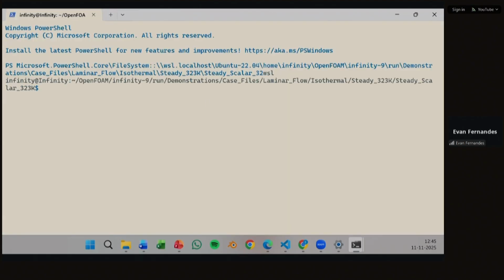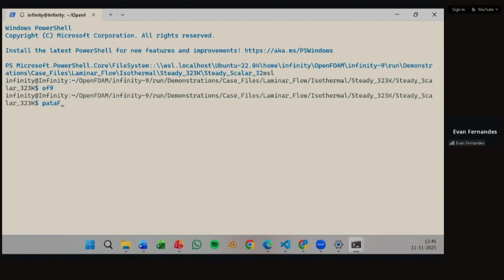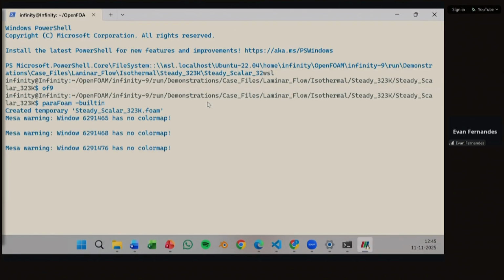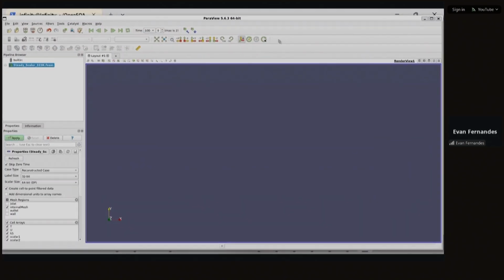WSL, OF9. And you can open this in the ParaView built-in. The reason for using the built-in is that in the regular ParaView version, for some reason it does not show your